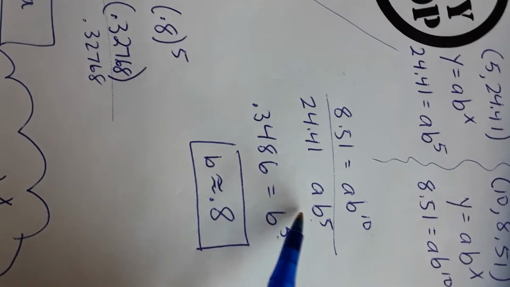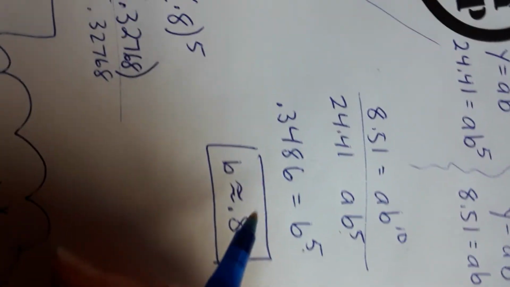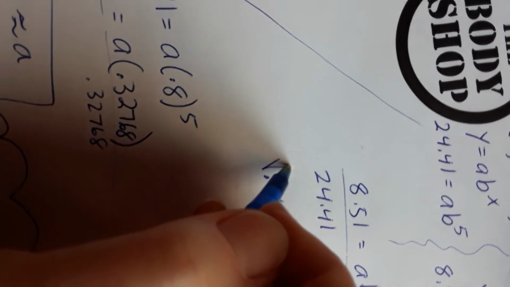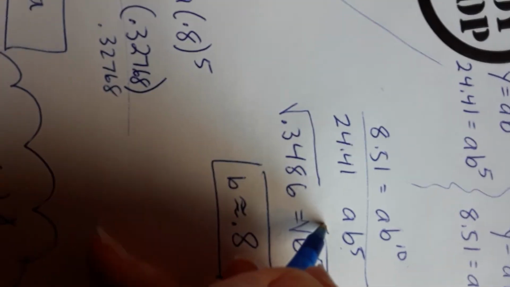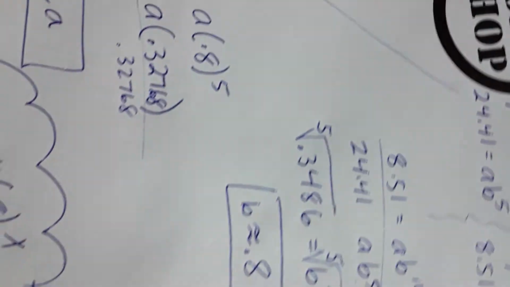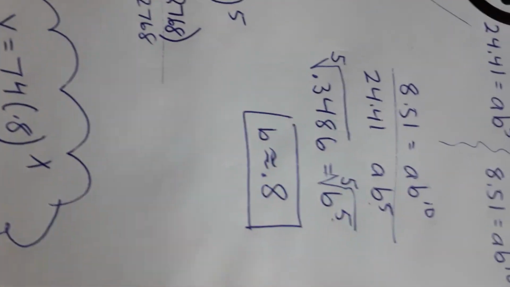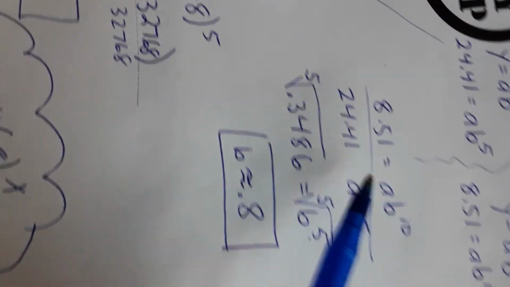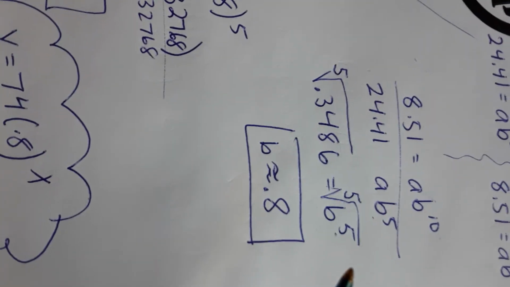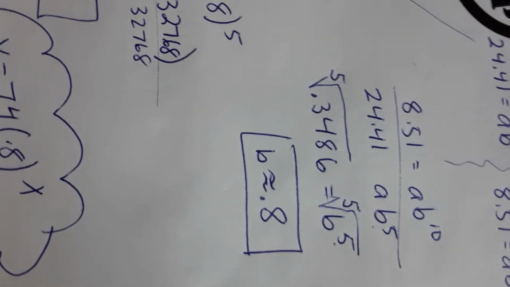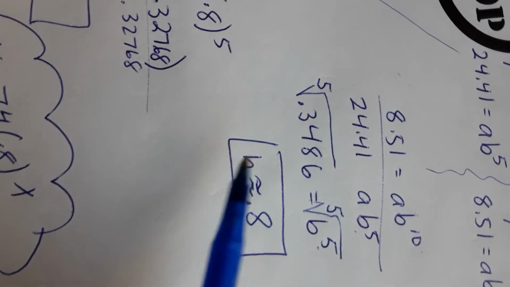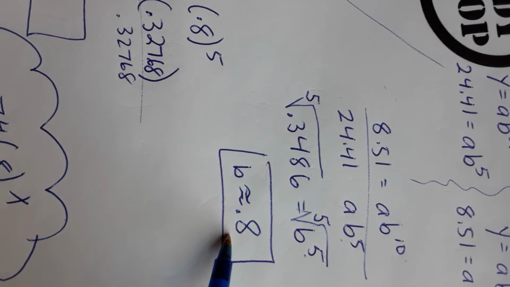And then I tried to take the 5th root of both sides, but I'm at home and I don't have my calculator that can do that. So I just actually ended up raising both sides to the 1/5 power, because that's the calculator I found on the internet that helped me. But if you know how to take a 5th root, or you can raise it to the 1/5 power, 1/5 is equal to 0.2. You could raise both sides to the 0.2 power, and you'll get a decimal approximately equal to 0.8,